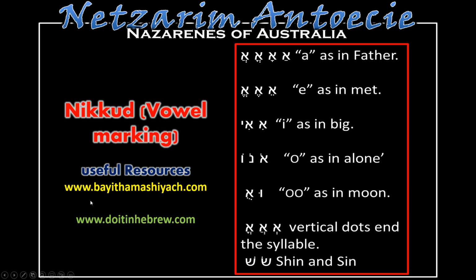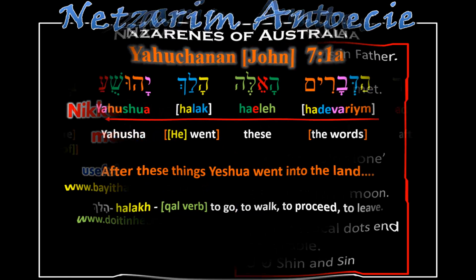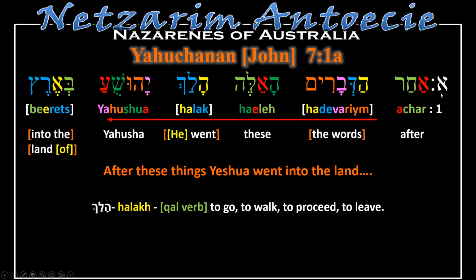And then we have these great resources that we would encourage you to use because they will give you a lot of help. And when we're looking for the root words, we look up the Do It in Hebrew dictionary, which is more a modern Hebrew, but it will help a lot. So let us begin. So, of course, we start with one, which is represented with an aleph, and then we go through the letters, just so that we're completely used to the letter structures.